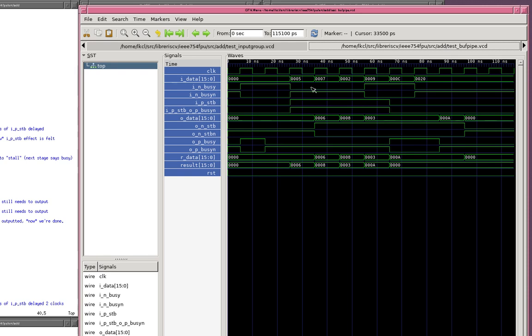IN busy is raised for 2, it gets set for 3 cycles, and finally it gets released, but that value, the value 9,